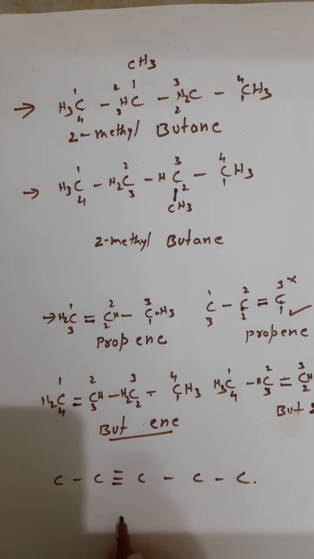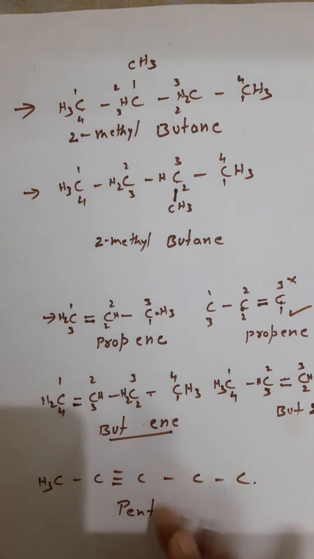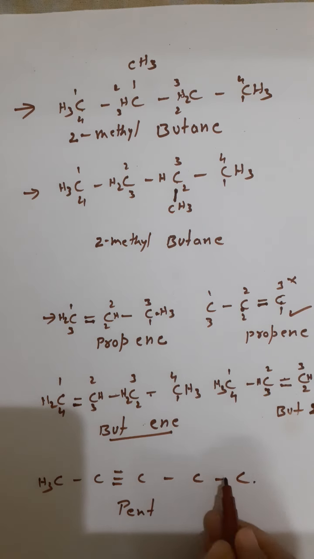What is my rule 1? Identify the longest chain. It is what? Pent. So I have written pent. Now what is existing? A triple bond. So I understood there is a triple bond. Where is this triple bond present? Okay, before I move on to that, let me complete the structure. So 3 already over. To this carbon 1, 2, 3, 4. So satisfied. So no hydrogens required. Here also 1, 2, 3, 4 satisfied. Here only 1, 2.